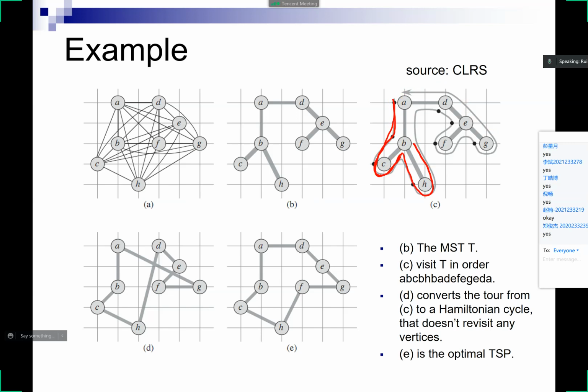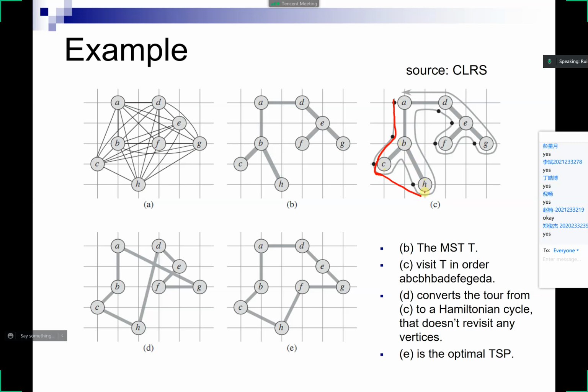So what we do in this case is a procedure called shortcutting, which means that if you're about to revisit a vertex, like here, if you just follow the DFS, you're going to revisit B, in that case we're just going to take a shortcut and skip over B,